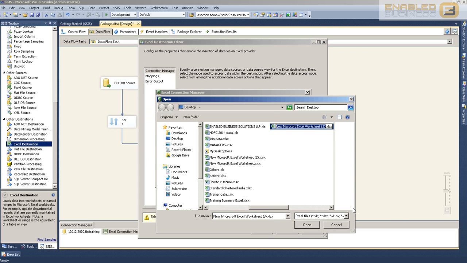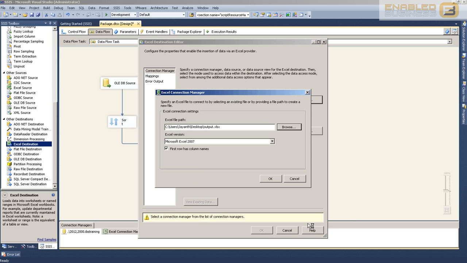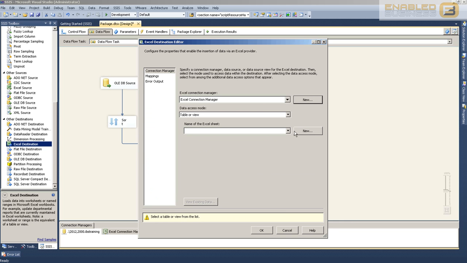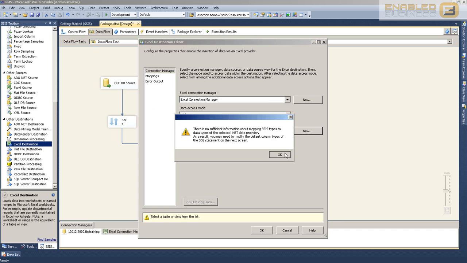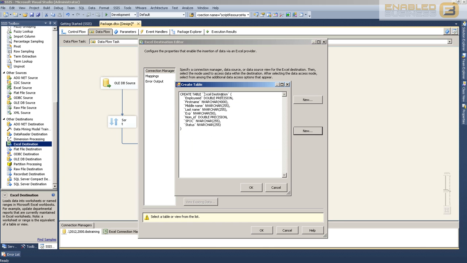I'm just going to call it output.excel, and I'm going to say OK. And here I'm going to select new so that I can create a new destination table called output for the Excel sheet. You'll notice that when I review the column list here, I've got a fairly large column for first name, and that doesn't really make sense because the first name is not going to be 4,000 characters. So I'm going to reduce this to 200 just to make it a lot smaller and fit with the Excel